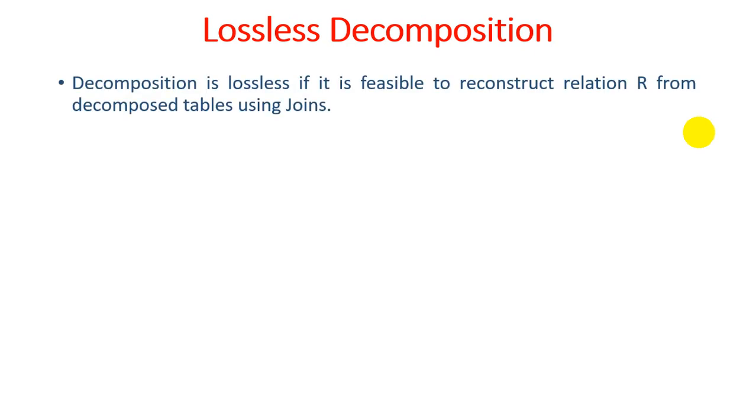Now we learn the last point of unit number 4, known as lossless decomposition. The name itself suggests that if you decompose any table or relation, and at the end you perform the union of the decomposed tables, then no loss is incurred in that decomposition. It means a decomposition is lossless if it is feasible to reconstruct the relation R from the decomposed tables